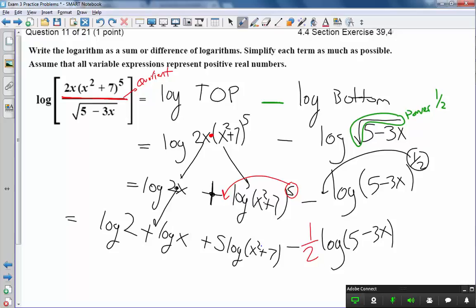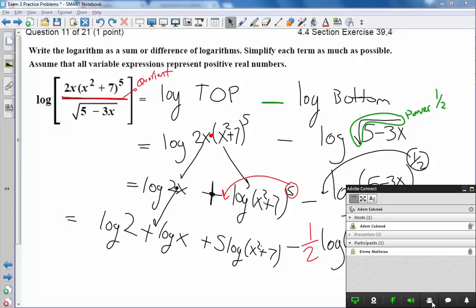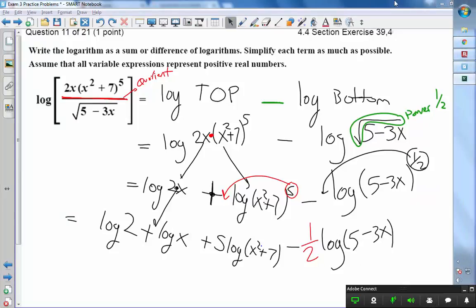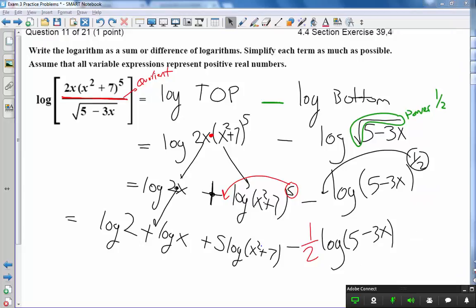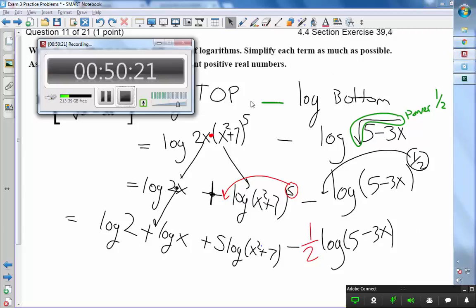Understood. Chemistry. I'm going to chill in the back room. That is quite